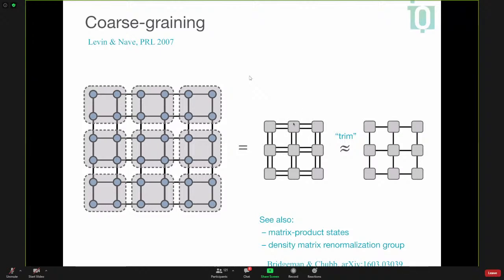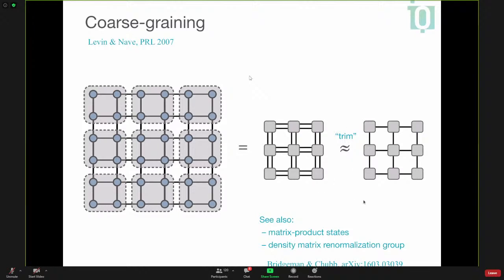So the idea here is to try and find a hierarchy of the degrees of freedom shared between these sites, and discard the most irrelevant ones. And this is what I call here trim. And this is why you are allowed to go back to something that looks like what you started with, meaning these bonds are now again single instead of double.